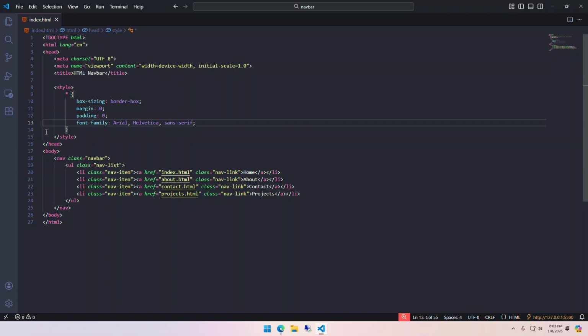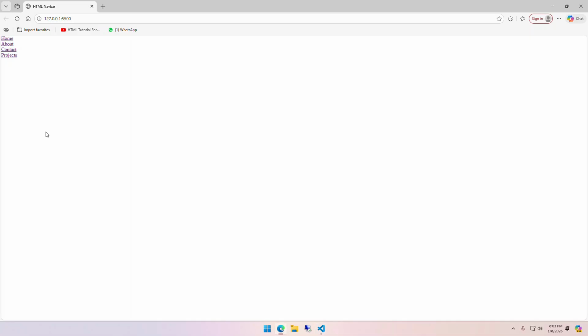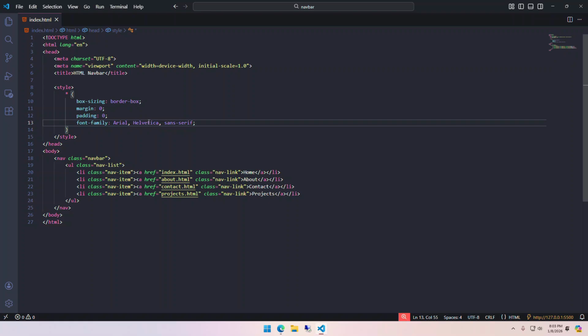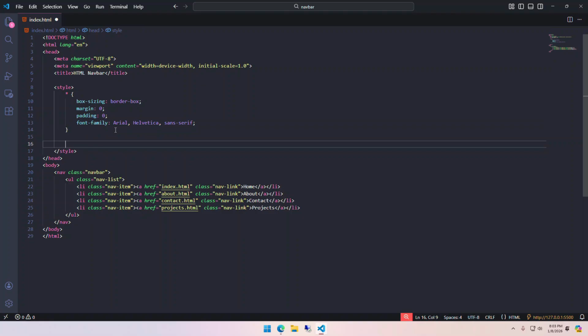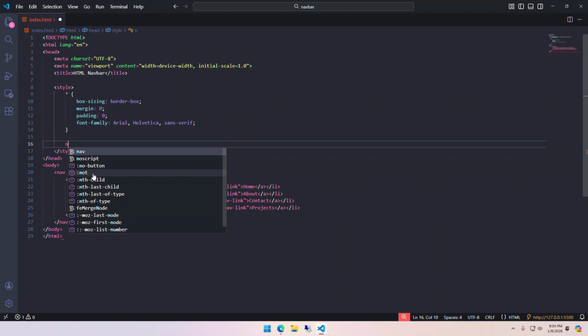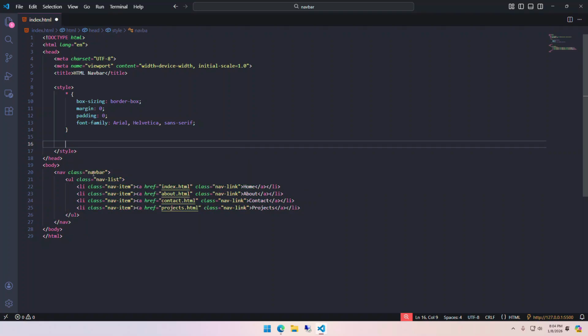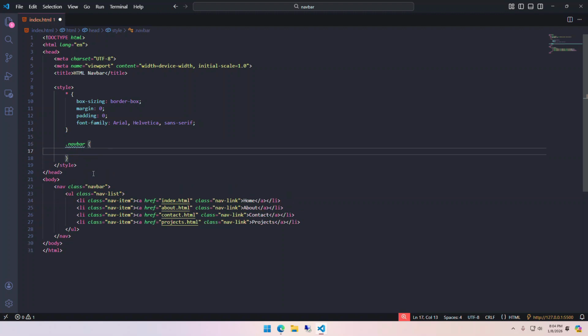And you might not notice anything extraordinary, but the font has changed ever so slightly. If you look closely, you can see a difference. So we are just switching to a better font, and now let's move on and start applying our navbar's styling. Let's begin with a dot to target the class navbar, and here I am going to add